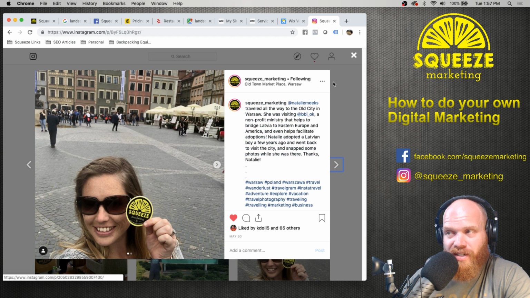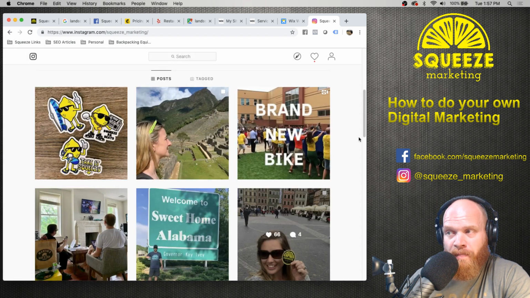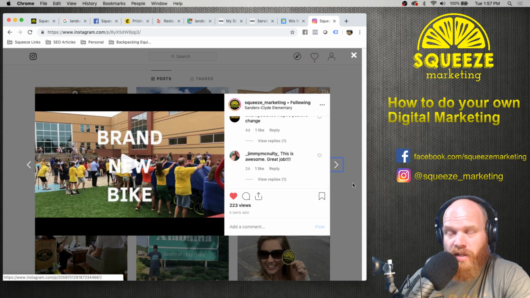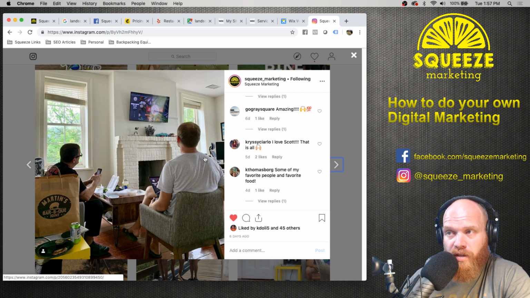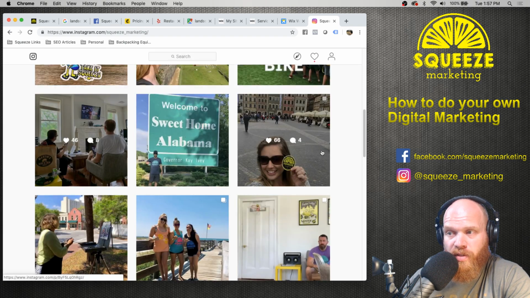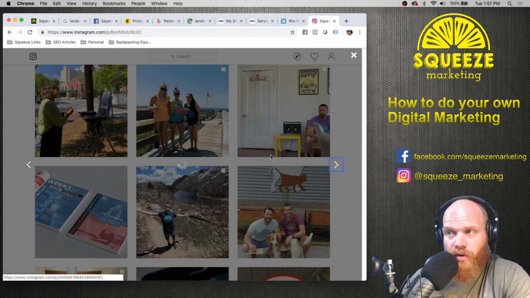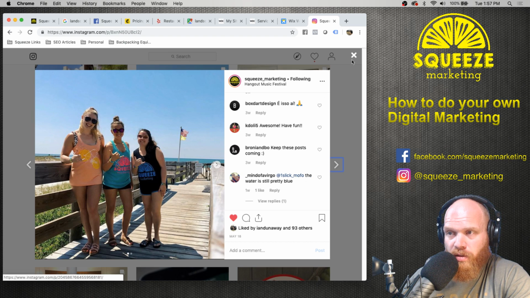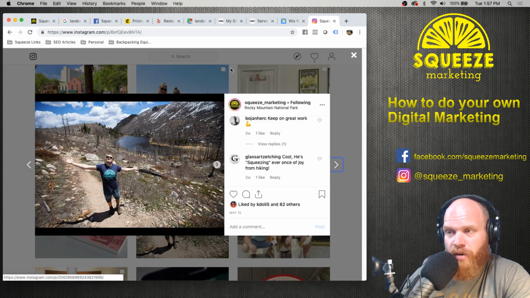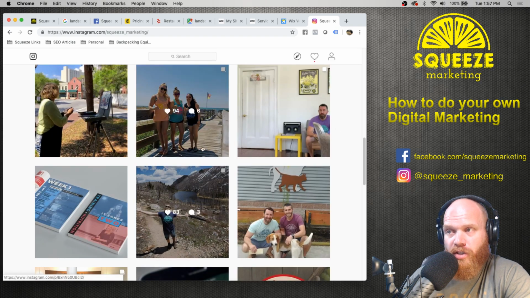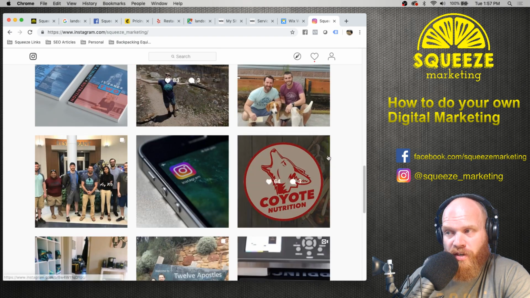So this is our Squeeze sticker in Warsaw, Poland. And then this is activity that we're doing with a local nonprofit. This is a photo from inside the office where we're showing a client a website we're building for them. These are some folks in support of the Squeeze team out on a local beach here as this photo loads. That's Hannah, our social media program coordinator. And so we've got pictures of our team members. Here's Steve, our primary web developer and designer. So we showcase our team members when they're out and about living their lives. We have photos from inside the office.